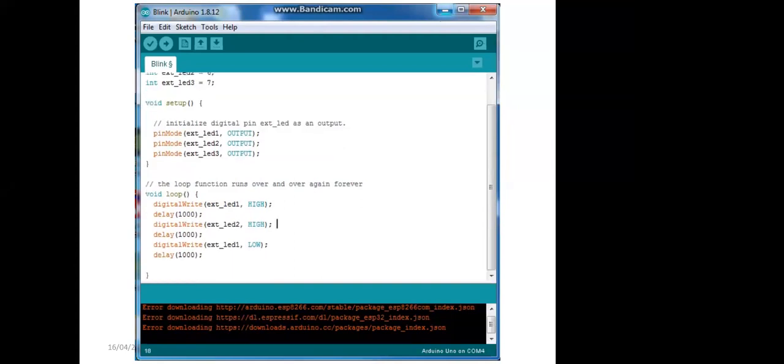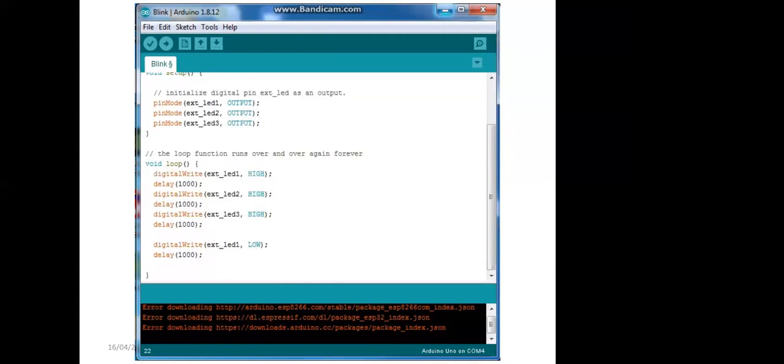And now external LED 1 is high for 1000 milliseconds, LED 2 high for 1000 milliseconds, LED 3 high for 1000 milliseconds, right?